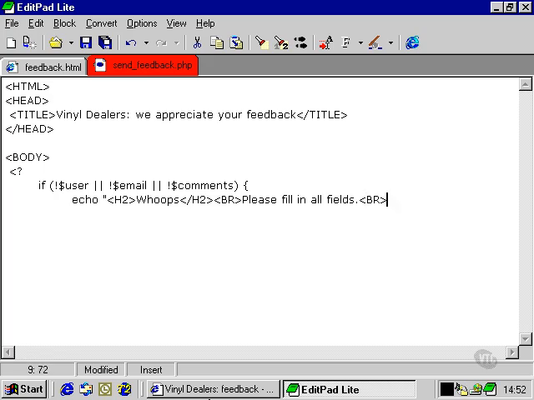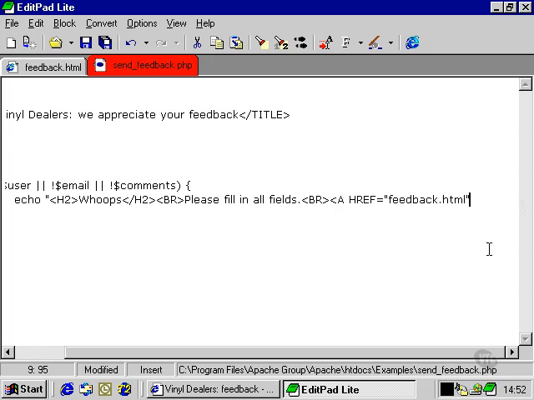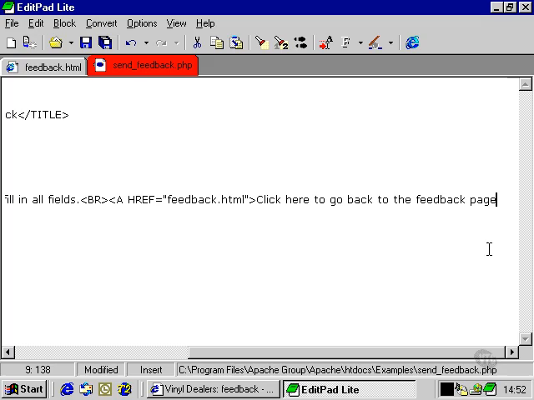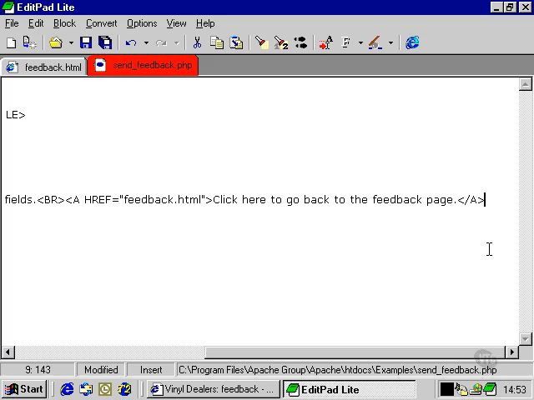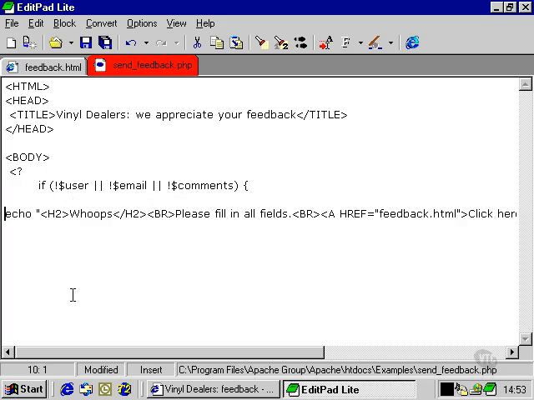And we can show this within our PHP script one of two ways. We need a hyperlink at the end here to send the user back to the feedback entry page so that they can try again. Now, we could echo all of this on one line, or on several lines if we wanted to split it up. But another way of doing it is to simply use a closing tag here